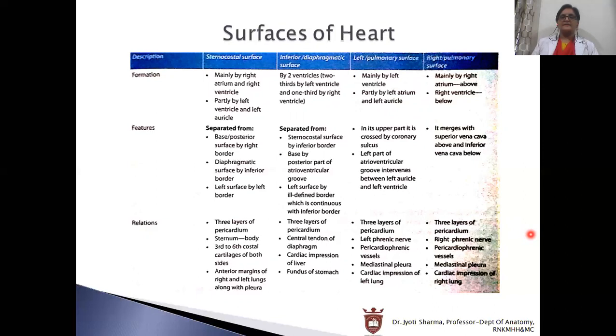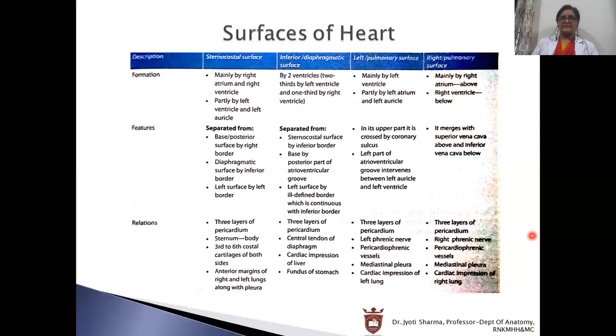Now we see the left surface. It is formed mainly by the left ventricle, partly by the left atrium and left auricle. In its upper part, it is crossed by the coronary sulcus. The left part of the atrioventricular groove intervenes between the left auricle and left ventricle. When we see the relations, there are 3 layers of pericardium: the left phrenic nerve, pericardiophrenic vessels, mediastinal pleura,